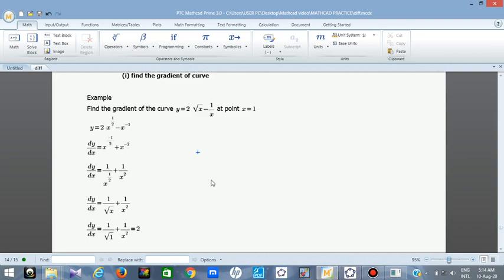So that is all with the question. There's nothing so difficult about it. It's a very simple question. That is all about gradient. It can never be more difficult than this. Questions can come in other forms. They can make it,